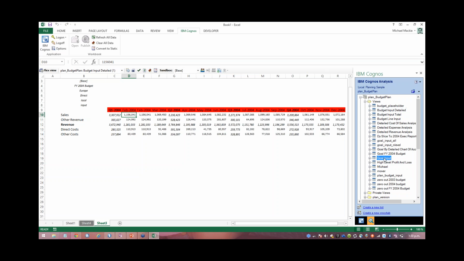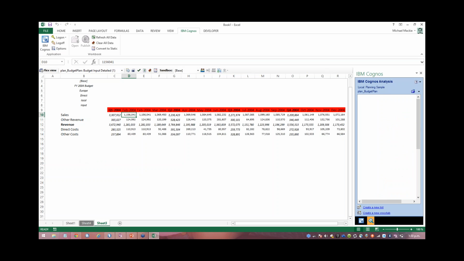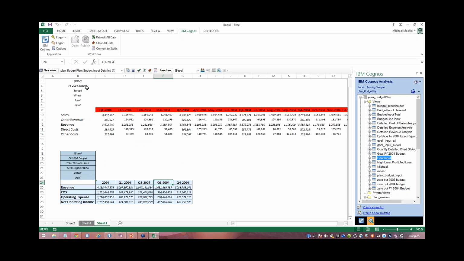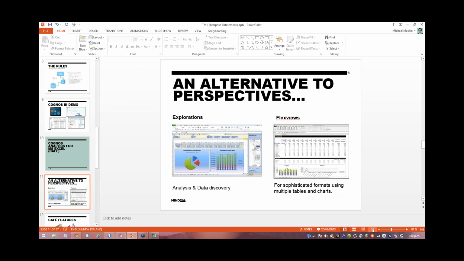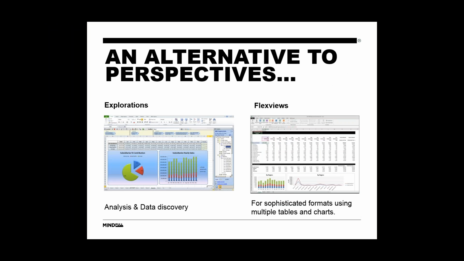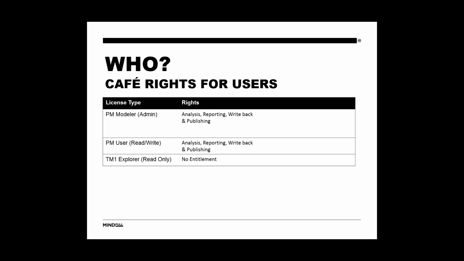And just really quickly, if I wanted to add in other views, I can just drag them in and link them as well. So here I've got a view. Maybe I want to make this one point to Europe too. I can just add a link on the formula there. And then when I change one, you'll see the other one updates as well. So that really just gives you a really quick overview of what Cafe looks like, and hopefully gives you some clarity on how you could use it